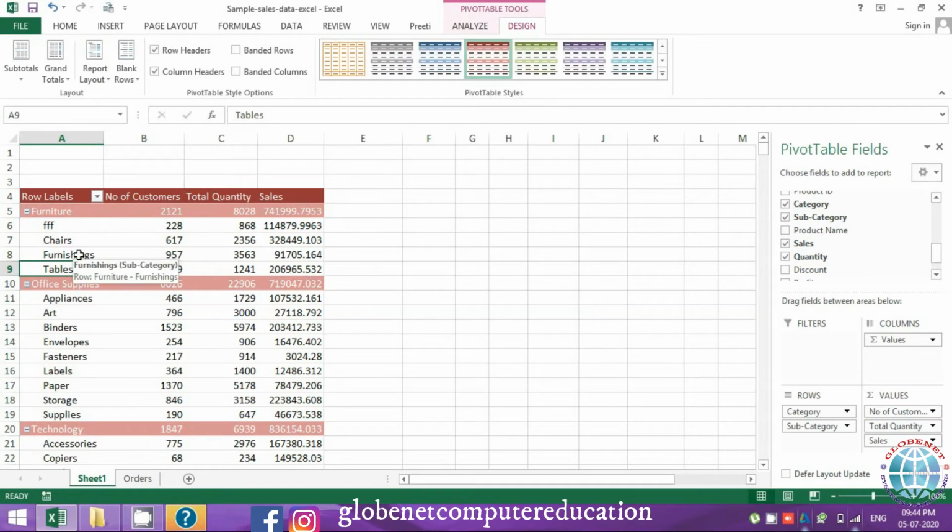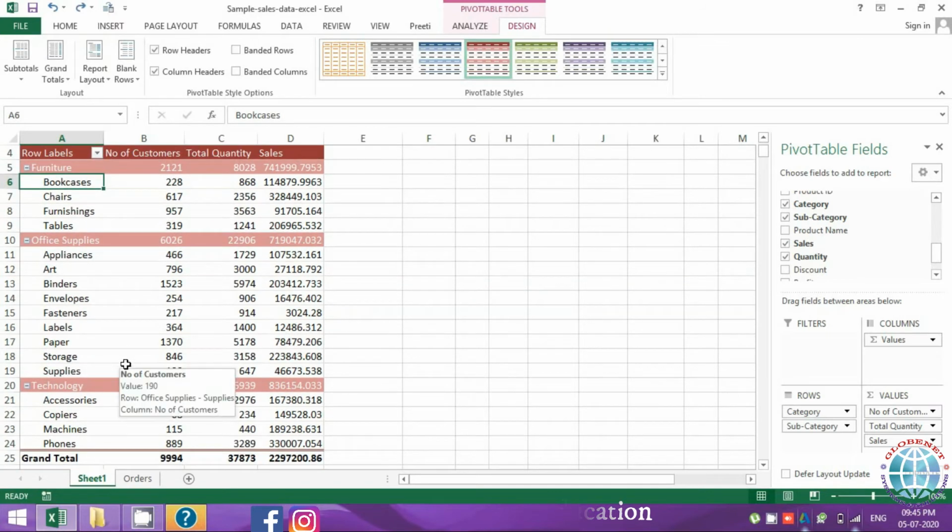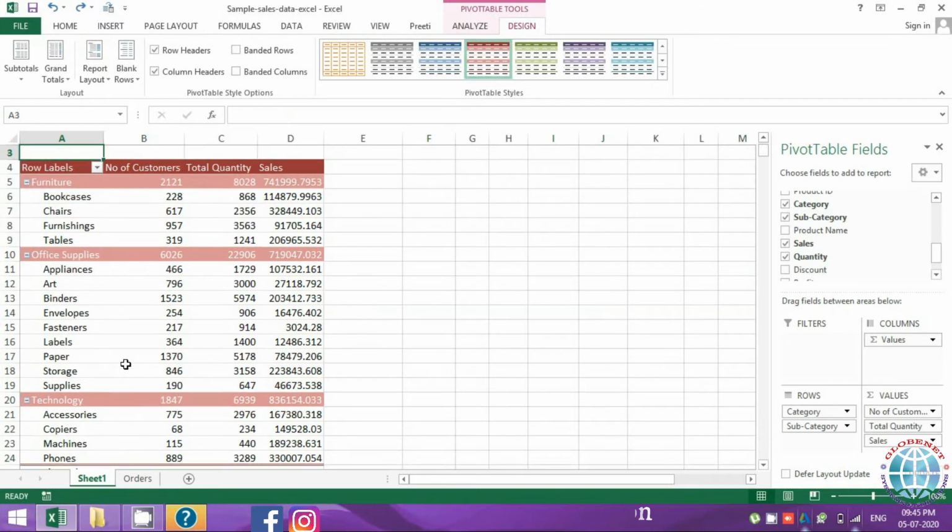Headings you can still change because headings are considered more like a label. So something you would call bookcase, let's say, just for space constraints, you can name it cases, whatever your customer would understand better. So headings you still have the flexibility, but not on the numbers, because if you manipulate the numbers, then we are giving a wrong picture, and that's not right. So headings can be changed.